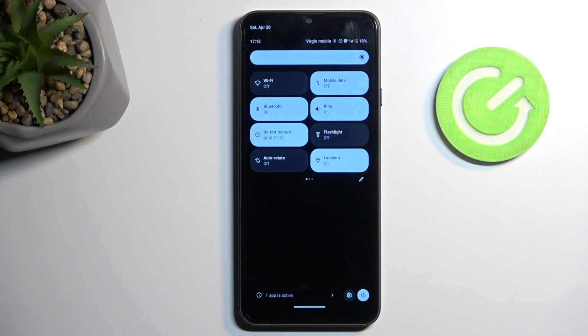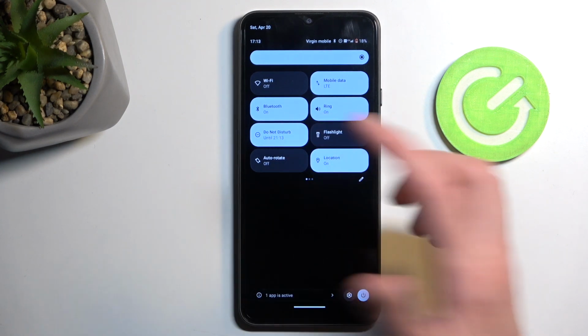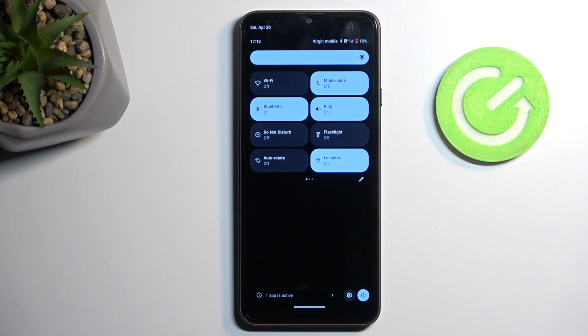And if I do remember about it once I'm done needing it, I can also tap on it myself to turn it off before the timer runs out. So it just gives me peace of mind that it's not going to be running for like a week on end before I realize that it's actually enabled. But anyway, with that being said,